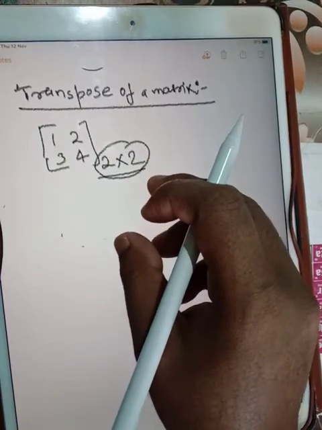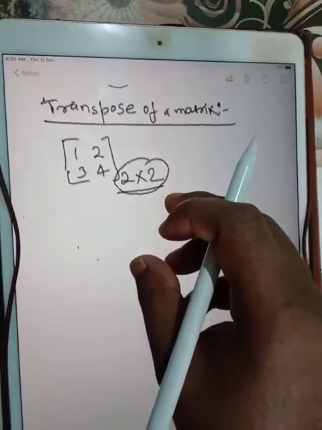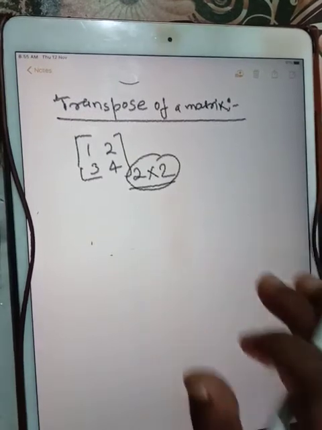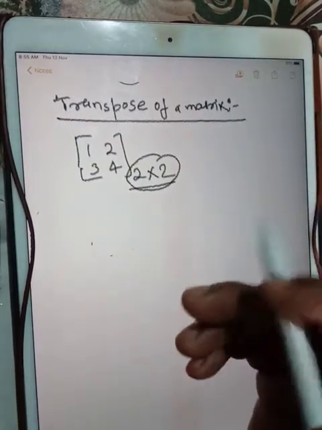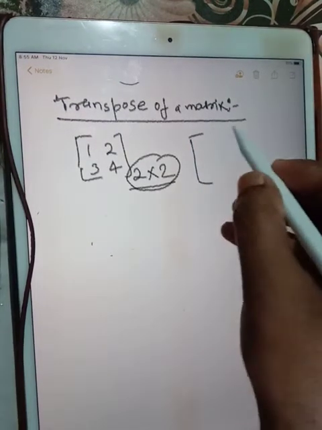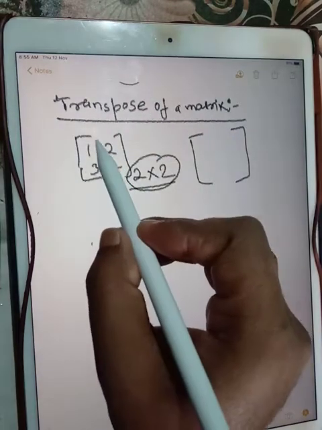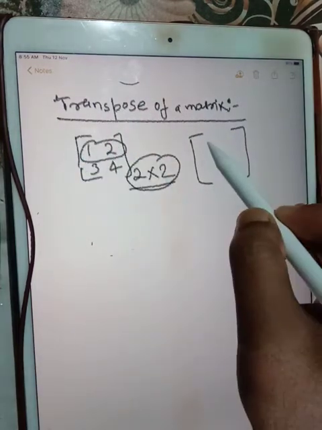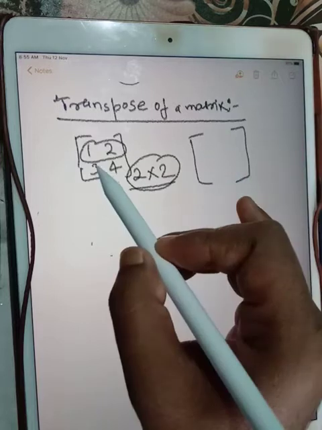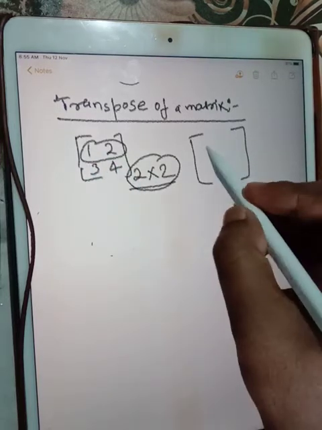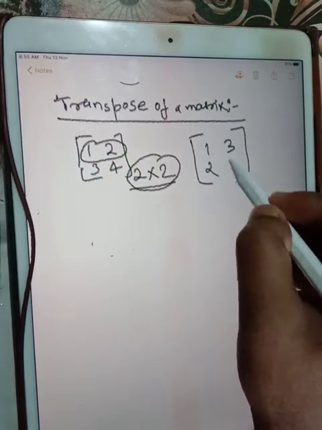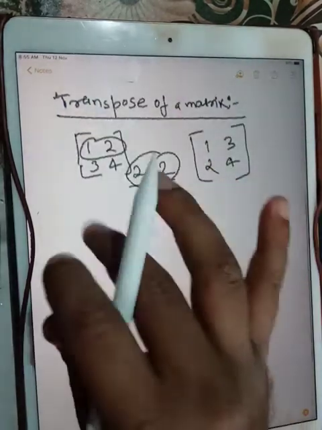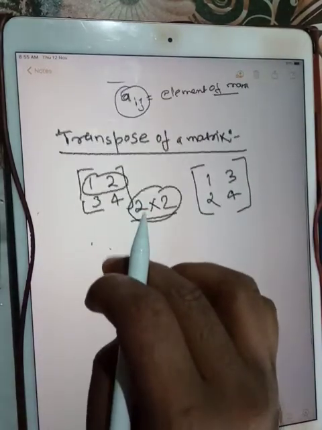Okay, now in the question we have to find the transpose of this matrix. So what we have to do, we have to just take row as a column in the second one and column as the row. That means 1 3 2 4. What we have done here, you can see that